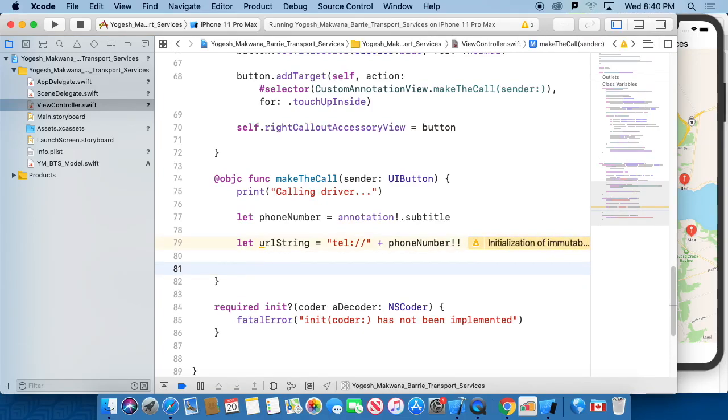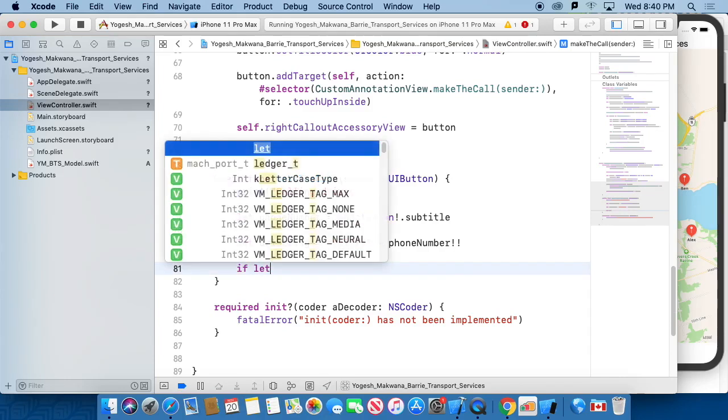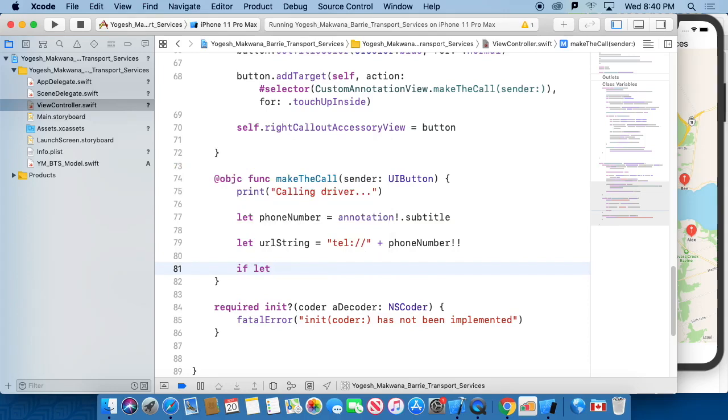Okay, so this gives us a URL string. It has provided us whatever the phone number was, concatenated with tel://. Now we'll create a URL object from it, and we'll use conditional binding here, which means that you'll put the assignment